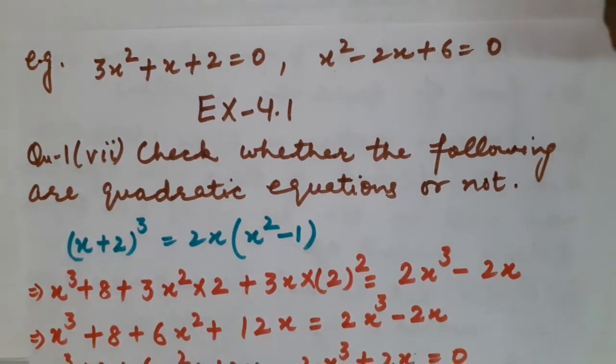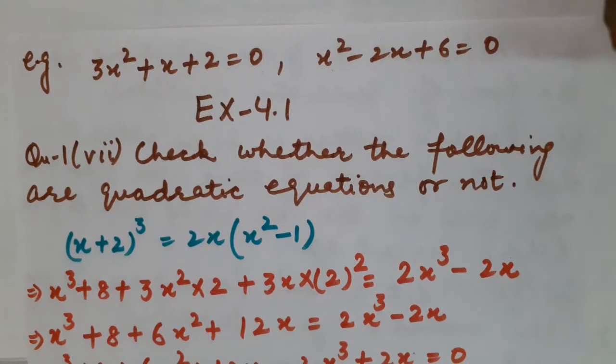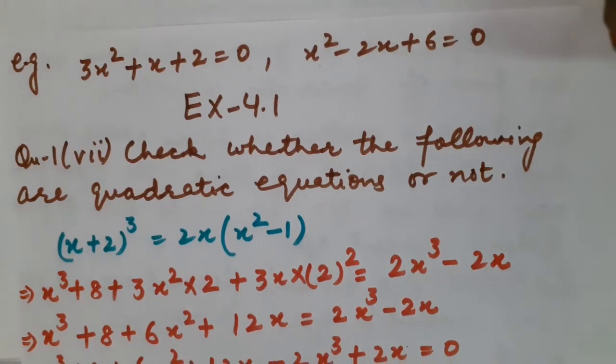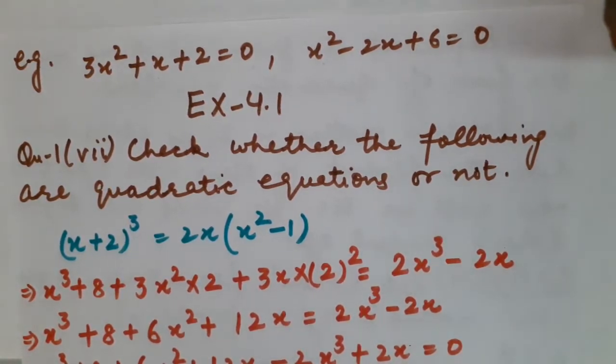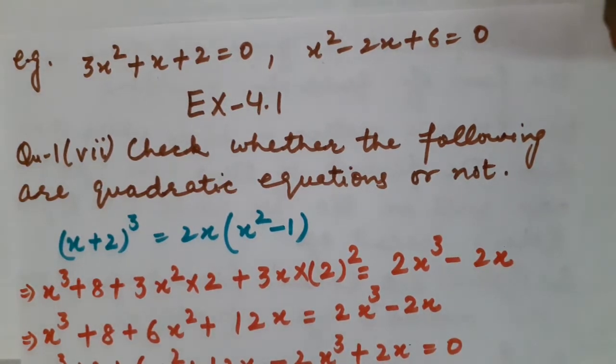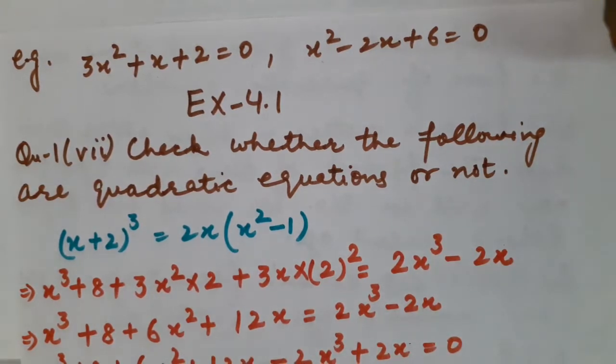Fine, children? Now, our next topic is the method to check whether the given equation is quadratic or not. Children, this is very simple. See, first of all, you have to simplify the given equation. After simplifying, if you get the standard form of a quadratic equation that I have just told you, which is ax square plus bx plus c is equal to 0, then definitely that equation will be known as a quadratic equation, otherwise not.